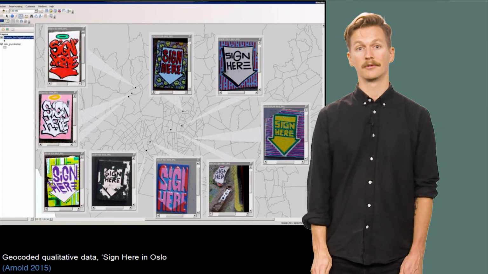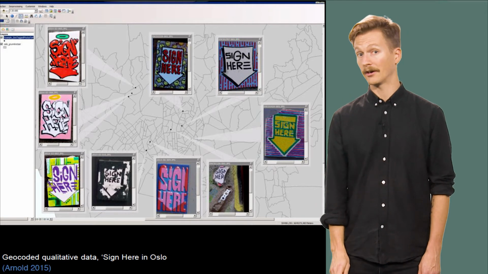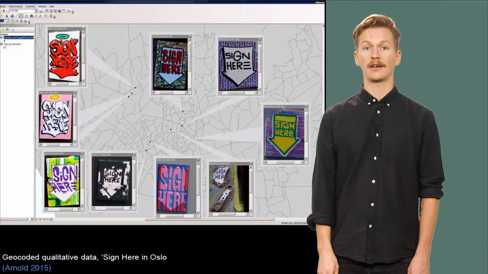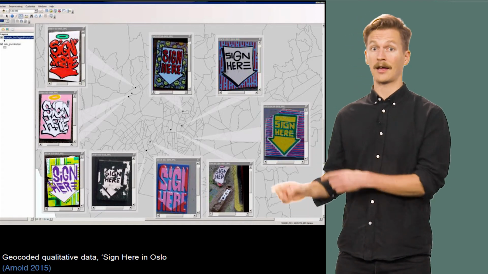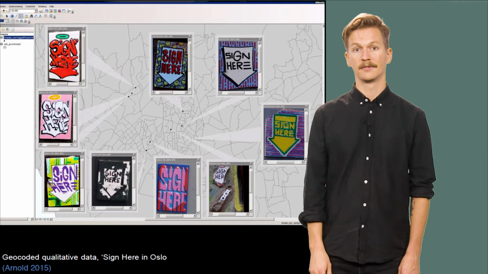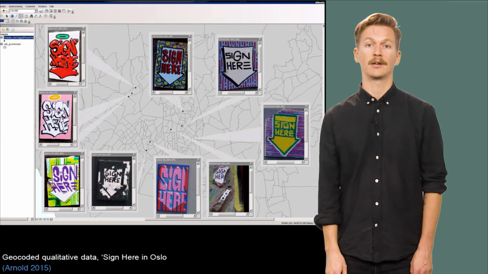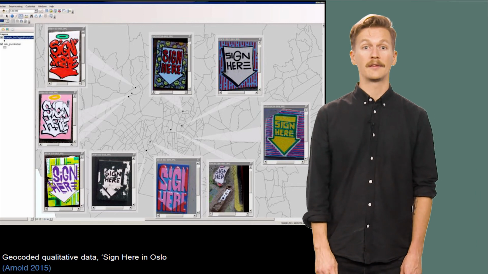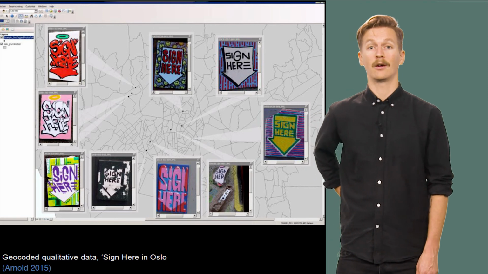of Oslo. Based on the data from her long-standing research into street art in Oslo, this map shows us the locations of a set of similar tags, allowing us to simultaneously view the photographic data of those tags as well as their geographic distribution. For more advanced users, there also exists a number of ways to integrate qualitative analysis software such as Atlas TI with the mapping and spatial analysis capabilities of GIS, something I, however, will not go into